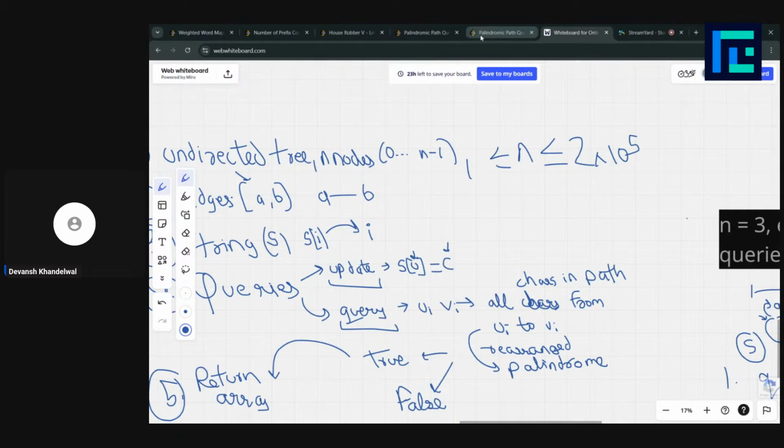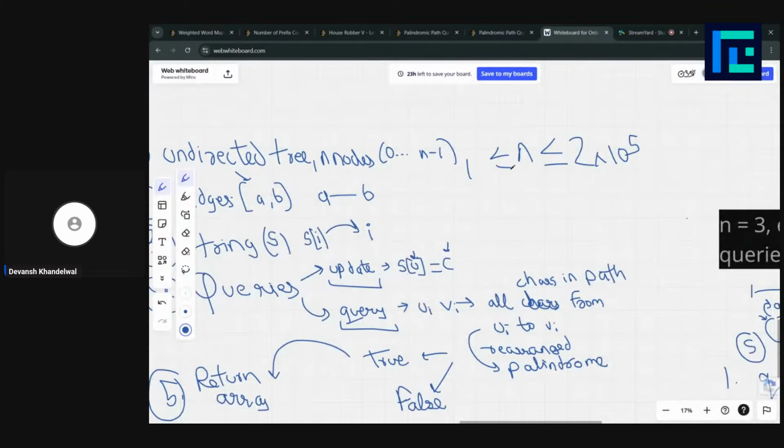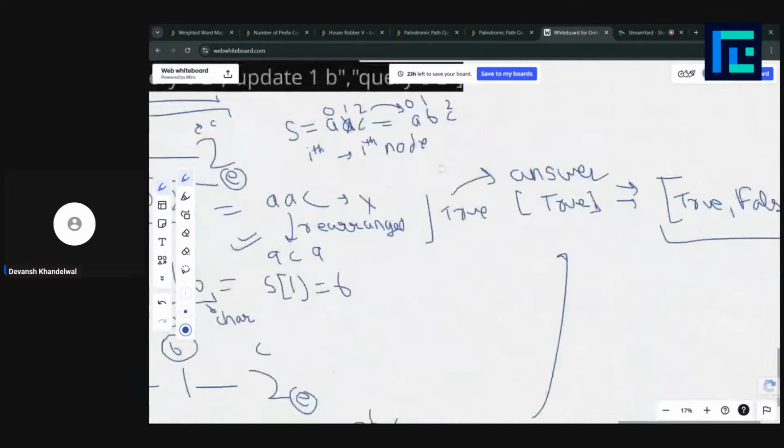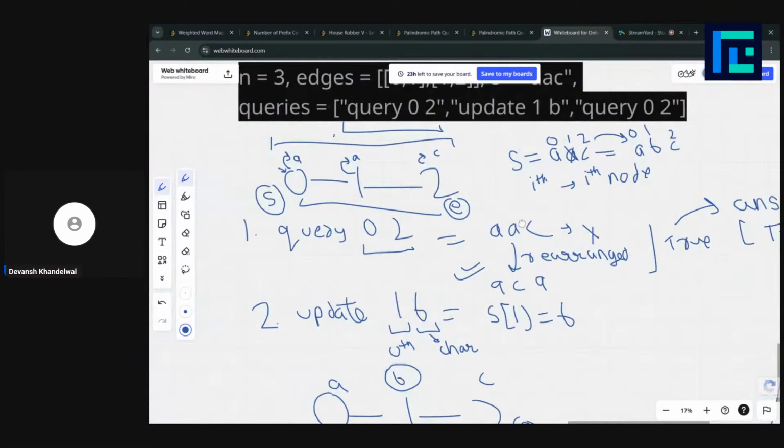And how many queries would we have? Again, this is 10 raised to the power 4, by the way. The total number of queries would be from 1 to 2 into 10 raised to the power 4. Okay, great. So let's discuss how we are going to solve this in brute force first. Let me read some comments too.